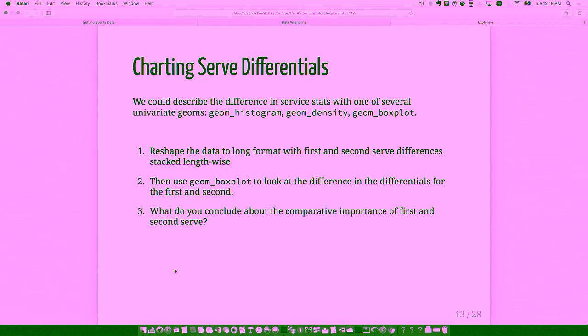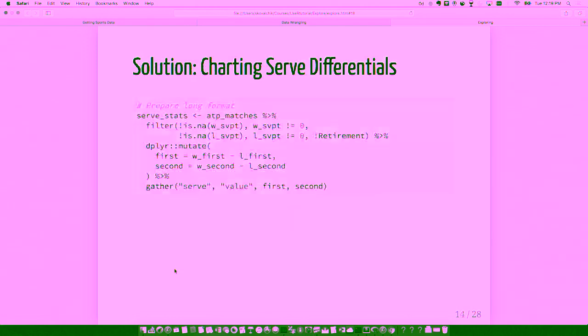So we have these serve differentials. If we wanted to use a chart to present those data, we have to do a few things. We'll have to reshape to put into a long format. In general, most of the plotting functions we'll want to use with data that's in a long format. It will make things like grouping by the data, faceting, and so on generally more straightforward. In this case, I think we have essentially a distribution that we want to show. So one of the geoms that is good for that type of data would be a box plot. So we'll use the geom box plot in this example,